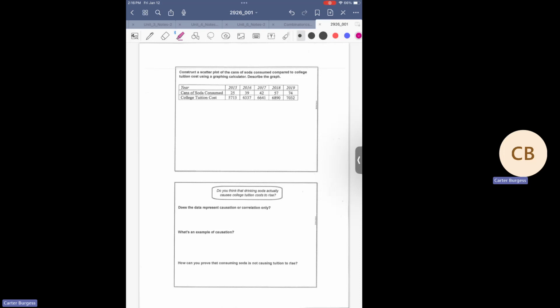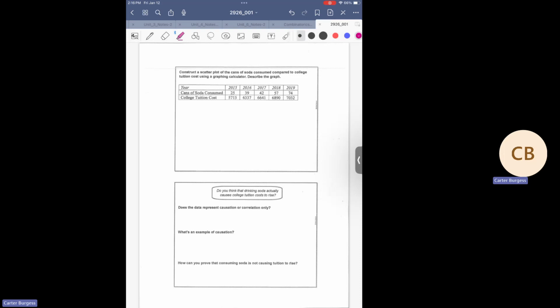It needs to have an experiment run. Conversely, it doesn't matter how illogical two connected variables are. If an experiment was run to show that, when we hold all of the other variables constant, drinking more soda causes a change in college tuition, then even though that's silly and doesn't make a whole lot of logical sense, we're still okay with that. That's still an experiment. We are still going to say that there is causation here.